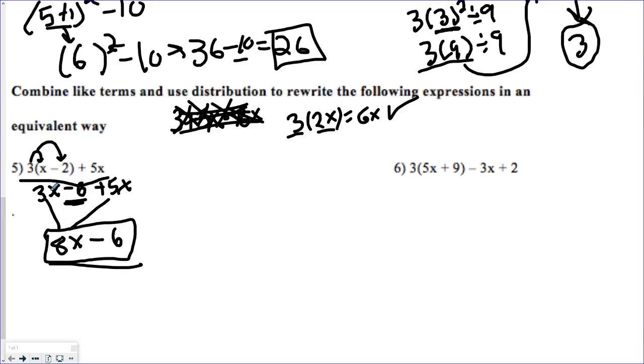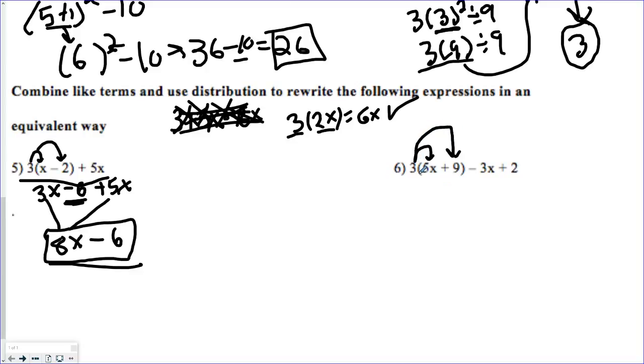Now, they don't have to be together. Like here, 3x was in front, 5x was in back, but I could still add them together. But they both have to have an x with it in order to be put together. Same thing with the 6 here. I cannot do this inside the parentheses, so I have to go to distribution and multiply the outside number to